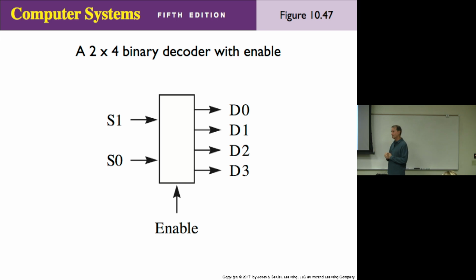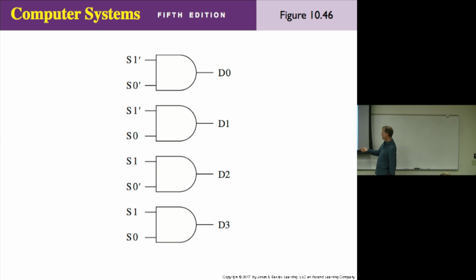Yeah. So doesn't the enable wire go to each of the AND gates at the end? It would. Actually, let's go back and discuss the implementation. Yes, it would fan out. Right. So there would be one enable line, and that enable line would go into each one. So these would be 3 in figure 10.46. Instead of being 2-input ANDs, they would be 3-input ANDs, and one of the lines, the enable, would go to each one of those. So if enable is 0, nothing would get through any of them. That's good. Does everybody see how that works? All right. Now,